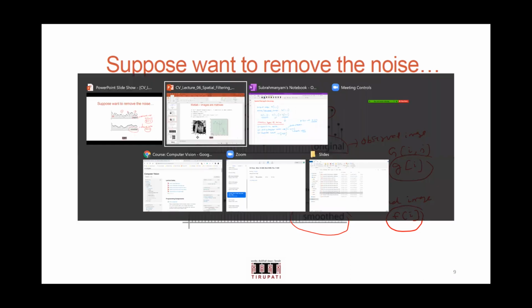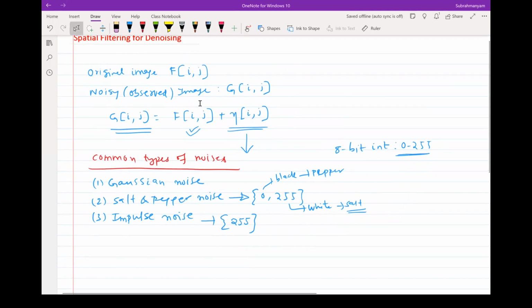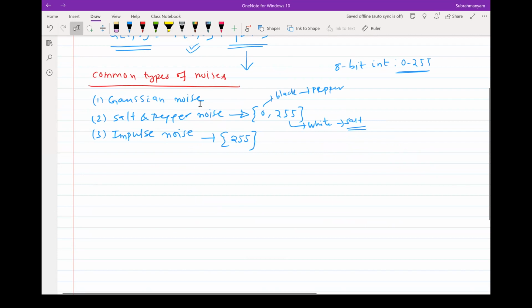Low pass filter, sir. Let us not go into the frequency domain for now. Those are all quite possible. Once we establish ourselves well in the spatial domain, then later we will explore it in more detail. So for now, you want to restrict yourself to just the spatial domain.